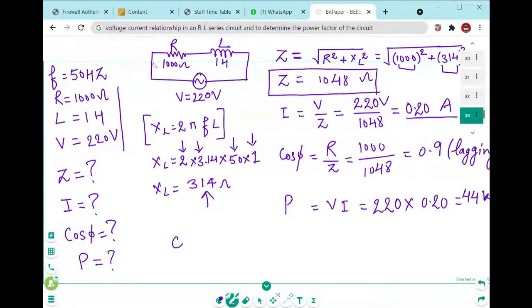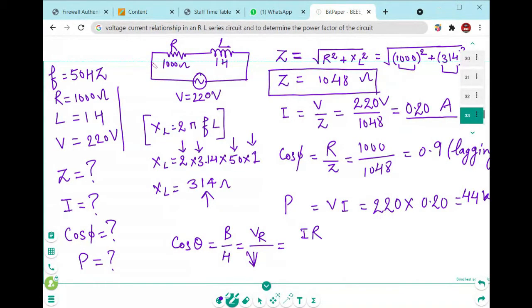After that we have to calculate the power factor, that is cos of phi, and you know how you can represent the cos theta. Cos theta is equal to B upon H. Across this B, what is the value? Across this base is VR. Across this H, what is the value? Complete voltage is available, V. So how can you represent this?